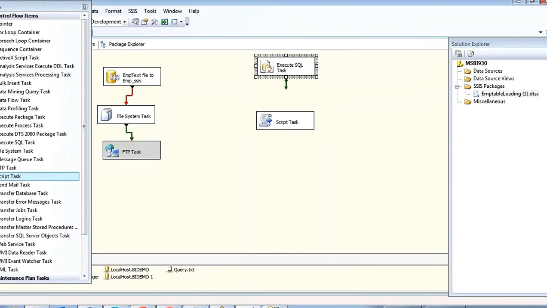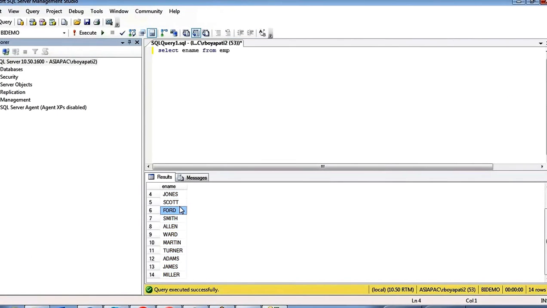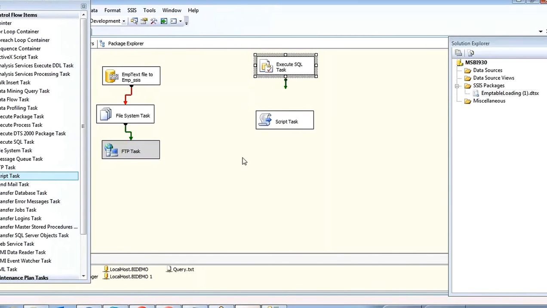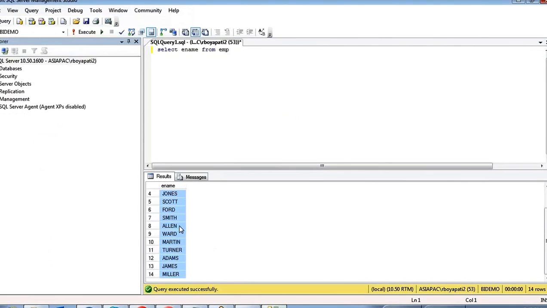This variable has this many rows. If I want to show each value, that means each row, this script task has to execute that many times. How many times?